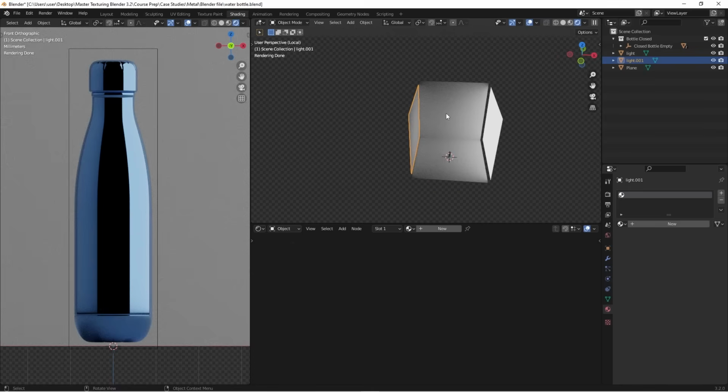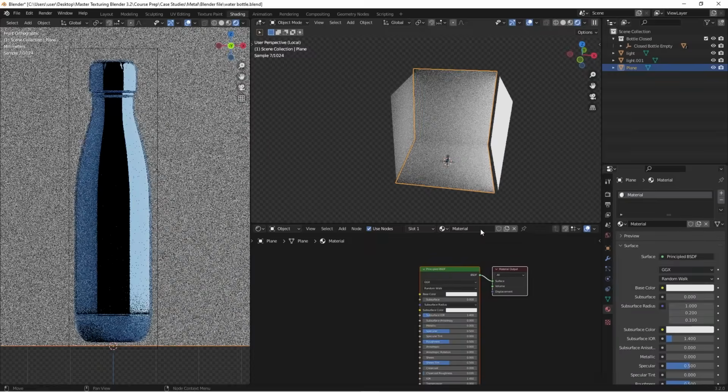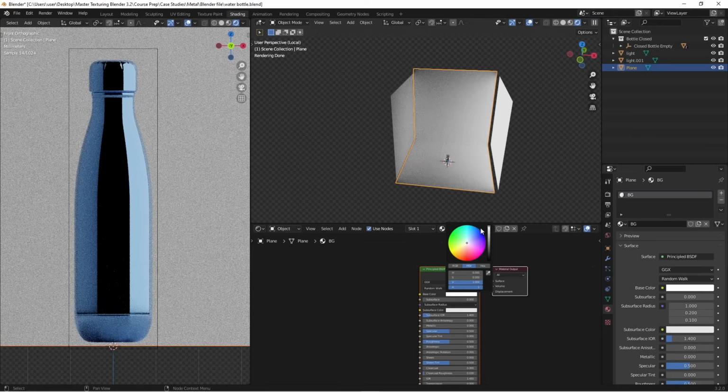Okay, so I'm just going to select the background. If you notice, we haven't built a material for the background, but this is the default background setting. So what we need to do here is hit New, and I can just call it background, right? And then I can choose the background to be pure white, although it still looks gray, simply because of